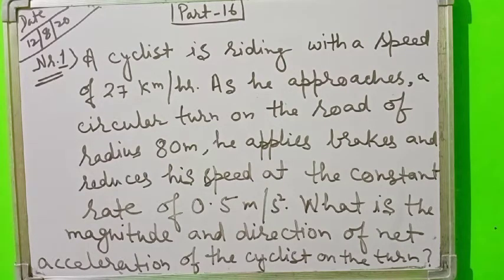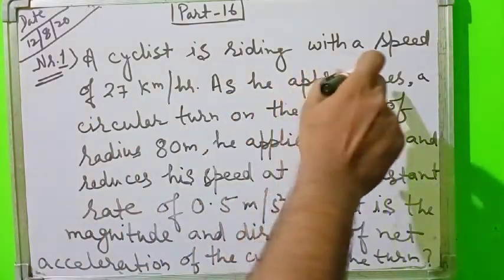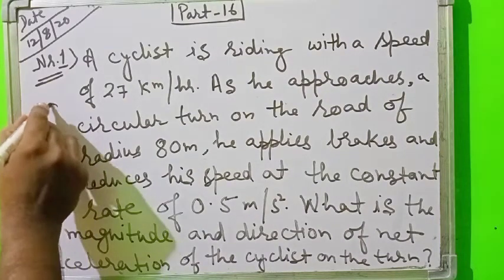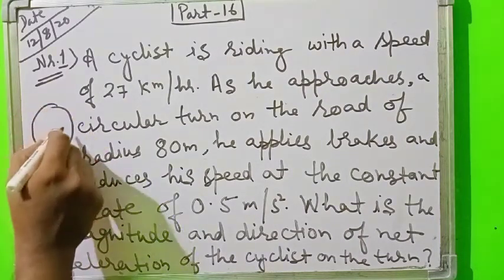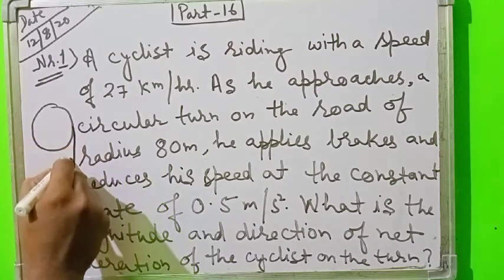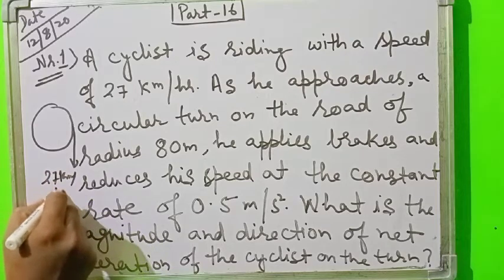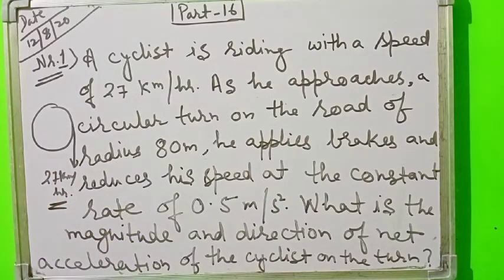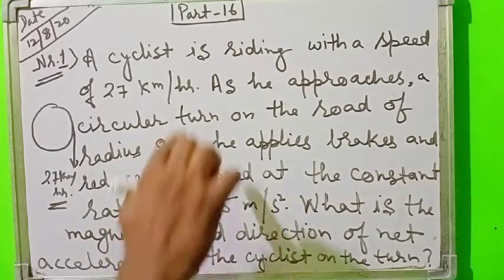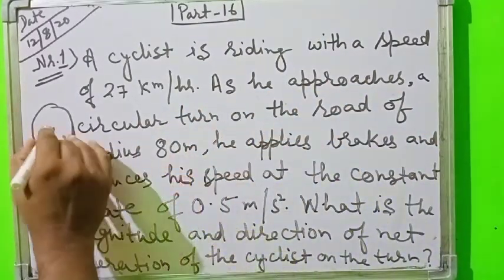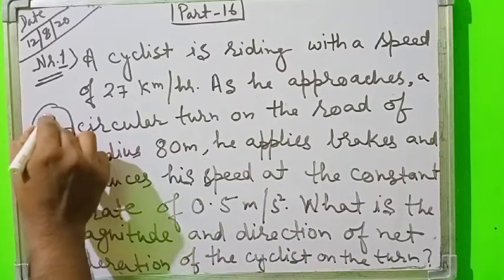So the first numerical in front of you, students, look at the numerical. A cyclist is riding with a speed of 27 km per hour. First of all, we have to convert it into meter per second. As he approaches a circular turn on the road of radius 80 meter,